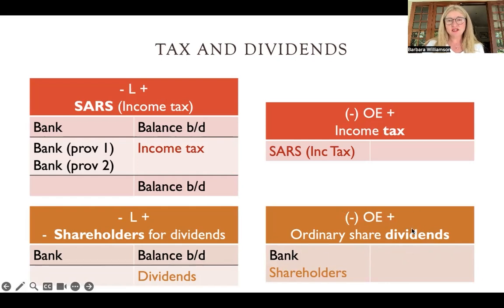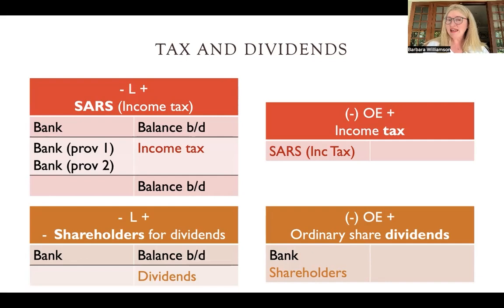But now what is interesting here is that when we pay an interim dividend, usually around the same time as our first provisional tax payment, we don't automatically say, oh, well, I'm just going to put it in shareholders for dividends on the debit side like we did SARS. And the reason is actually quite obvious. If you say to shareholders, I'm going to give you some money now, but I might change my mind later and I want to get it back from you, shareholders are not going to be very impressed, and you're going to be very hard pressed to get it back because they probably spent it.